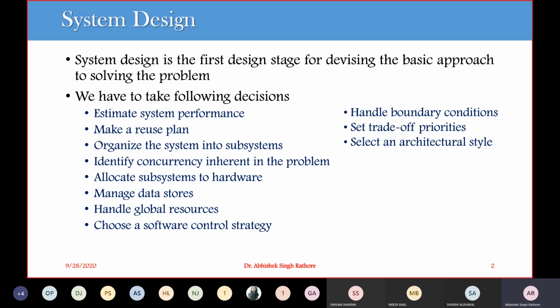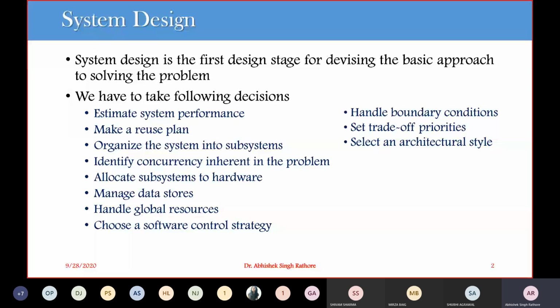So we should concentrate on making the decision about the organization of our system into subsystems and so on, and then we can allocate our subsystems to particular hardware or software, or decide what the major policy decisions are that form the basis for our class design. So in this unit, let's say this is the fourth unit, we'll learn about many aspects that we must consider when we are formulating our system design.